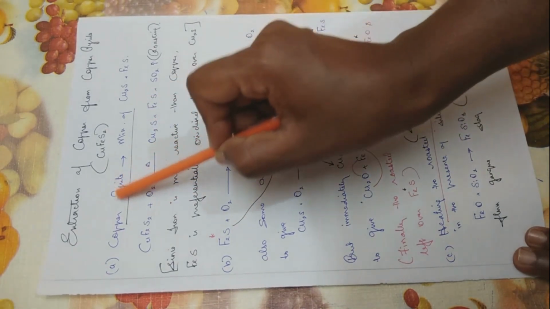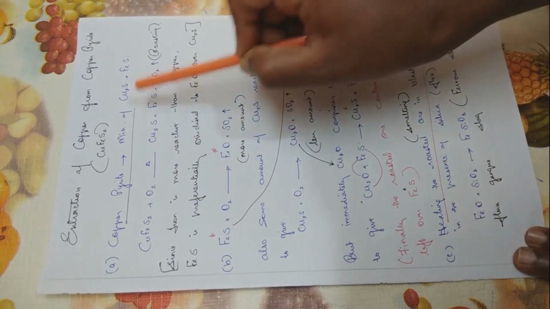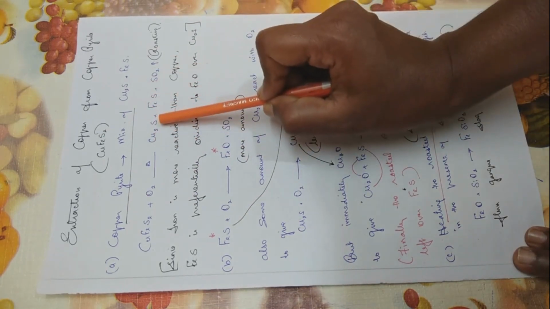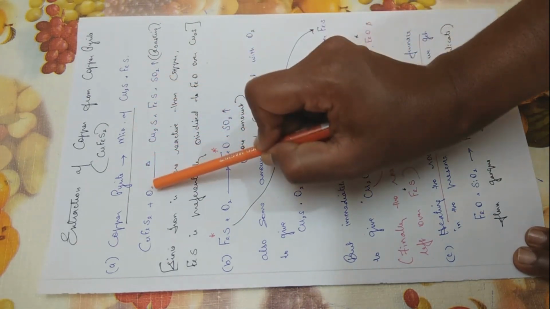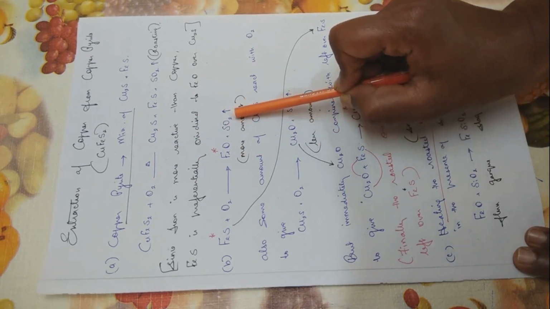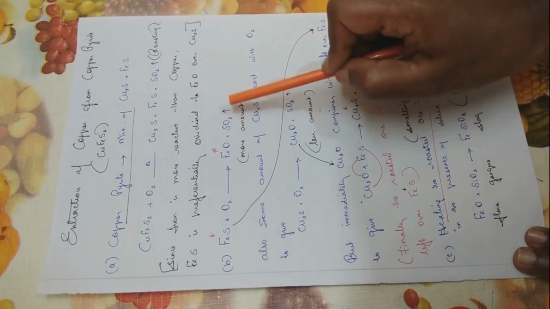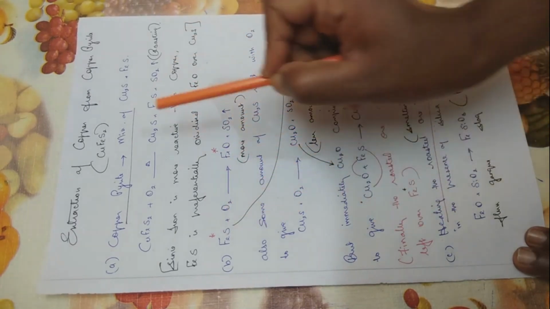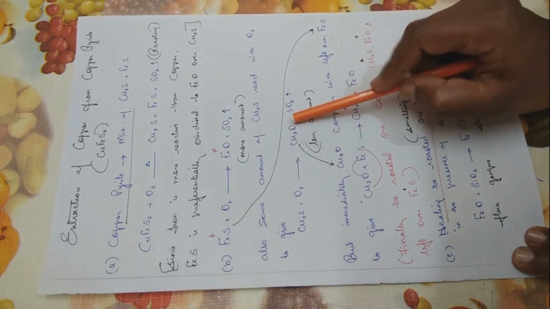So, the whole amount of oxygen involved is not used up in the reaction. There is some leftover oxygen. So, after the formation of copper sulfide and iron sulfide, iron sulfide prefers to react with the oxygen, forming ferrous oxide and sulfur dioxide. Now, after ferrous sulfide reacts with the oxygen, copper sulfide prefers to react with the oxygen, forming copper oxide and